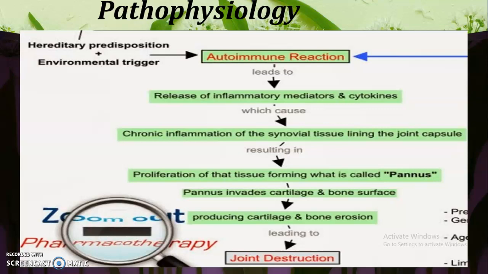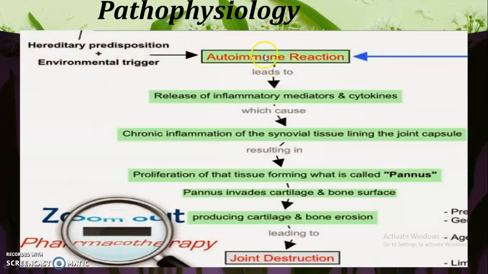It is observed that the patient's body considers human gamma globulin as the antigen and produces antibodies for that, known as rheumatoid factor. The antigen reacts with the antibody to form an immune complex, which then reacts with complement. Complement is a series of proteins which help to stimulate the inflammatory response. So this autoimmune reaction may be triggered due to some environmental factors or some hereditary predisposition.